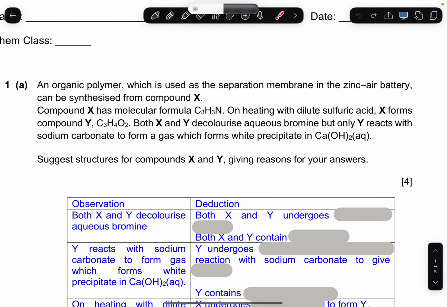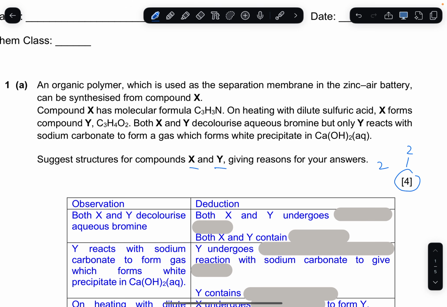This means it's a neutralization reaction, to give carbon dioxide gas. So Y contains... if you use sodium carbonate, it can react. It can only be one functional group, right? So Y contains carboxylic acid. Yeah, that's right. So as a result, you can actually tie it in with the first reaction, which is if I see